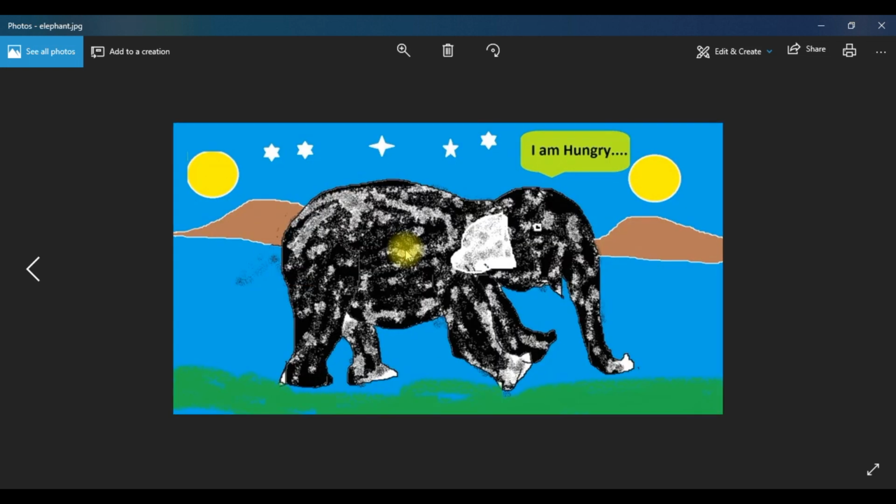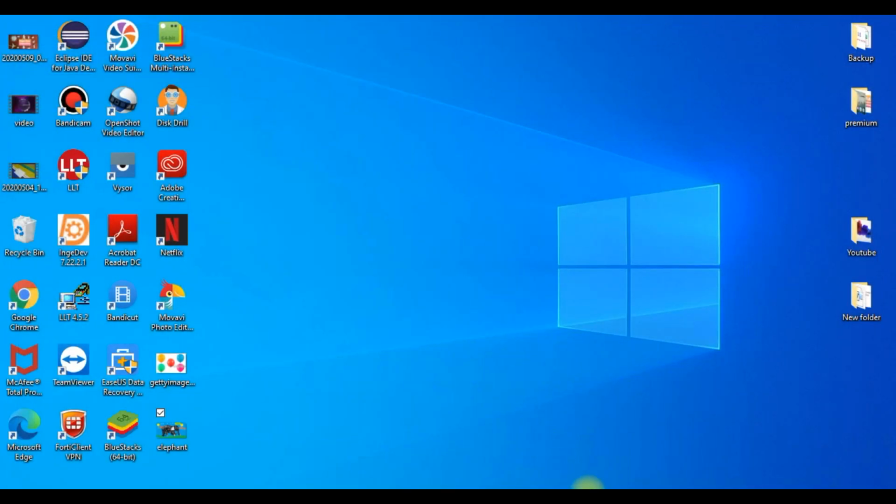So we drew one picture and we are able to do coloring and whatever you want. It's a simple tool. You can utilize this tool for simple cropping, coloring and editing. Just try that.